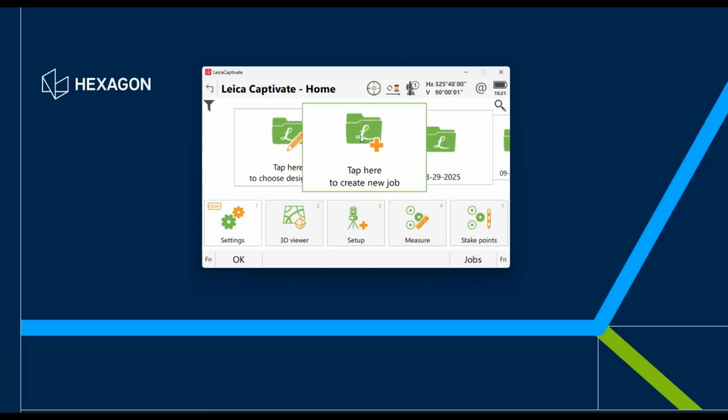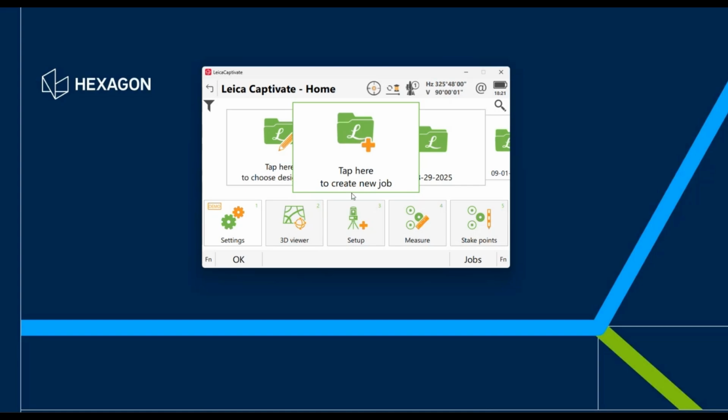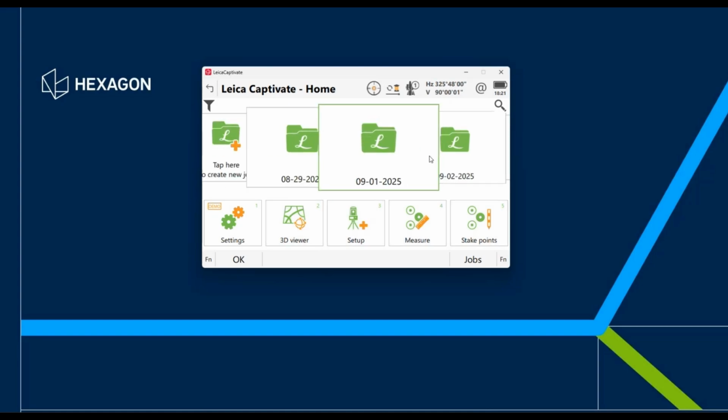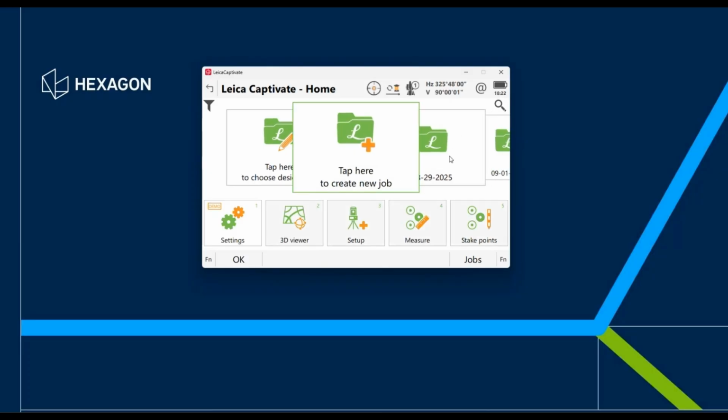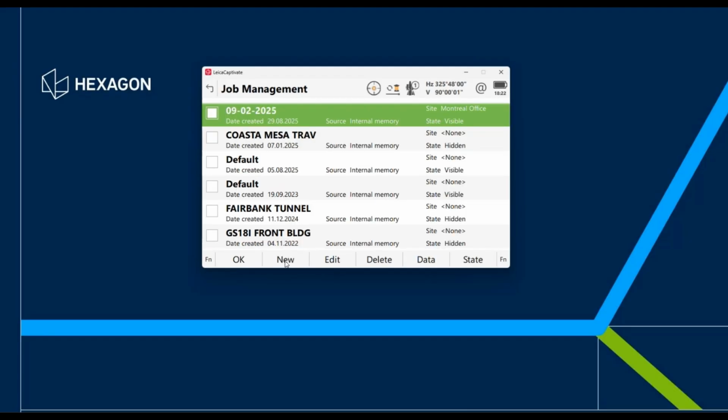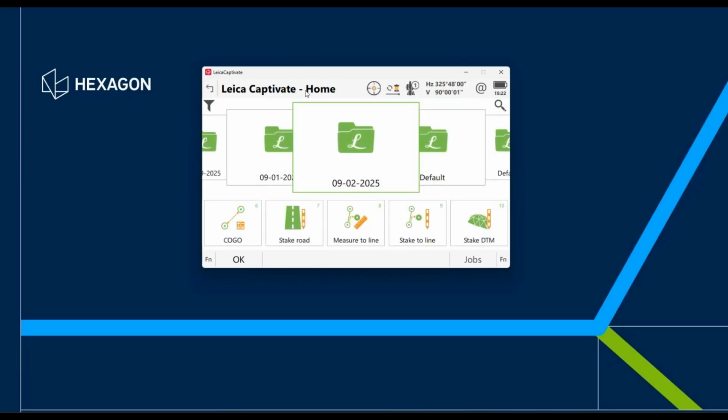Now, again, to create a new job, I rarely use that page right there. I don't want to take the time to scroll and tap here to create a new job. If you want to make a new job, I'll make one for September 3rd. You can go to job management, and New Job is right there. But the quickest way, the method I use all the time, is I press the function key on my keyboard, and my new job will be right there. I found it's the quickest one. I don't need to go into any other page. I stay in my home screen and I press function and new job. But before I do that, when we create a new job,